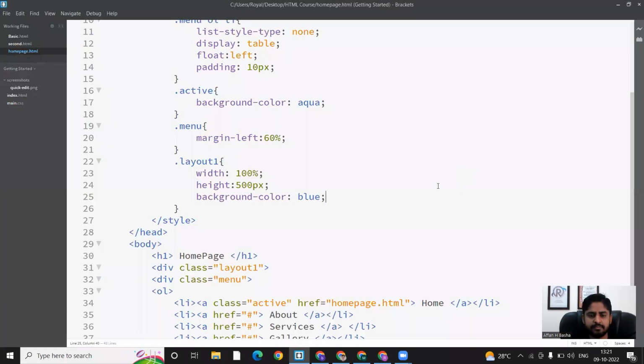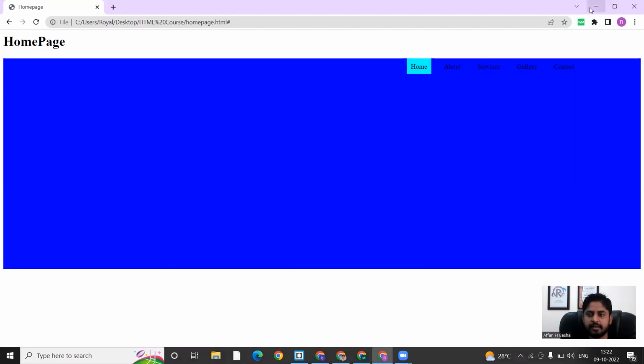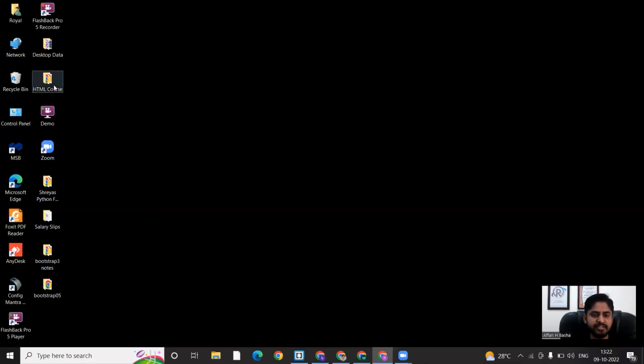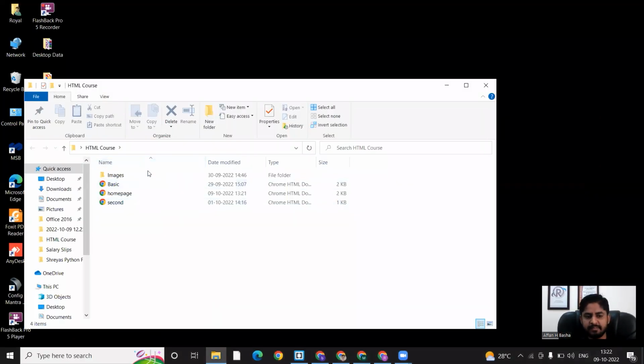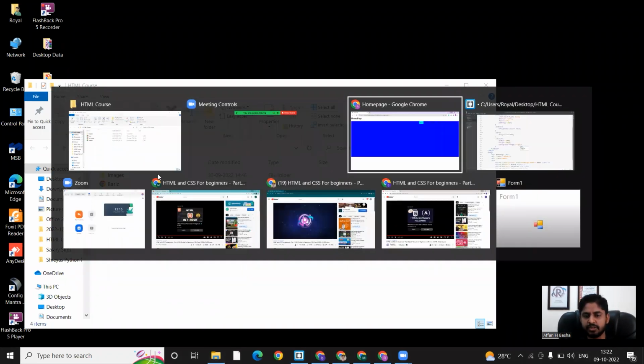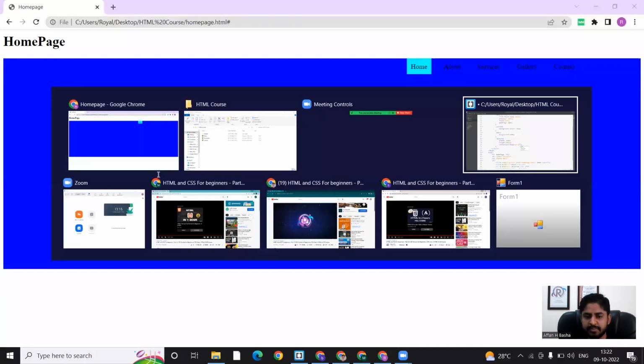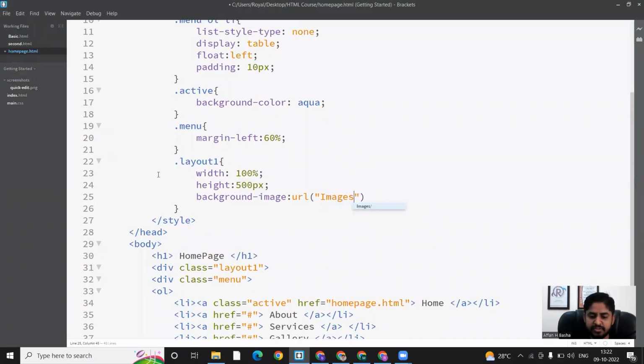So instead of this blue color, I just insert an image. We are calling the URL. So within curly braces, within double quotes, we need to give the image path. Where have I saved the image? Under the HTML course, we have the images folder, right? This is our working folder. Inside the working folder, we have the images folder also. So I just need to give the images folder path, that is images